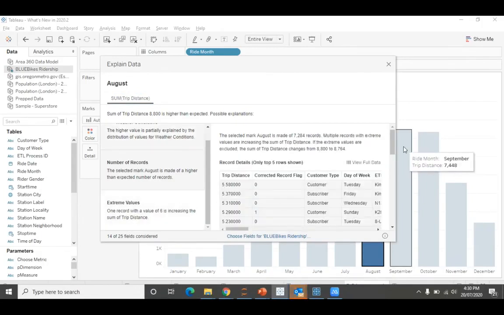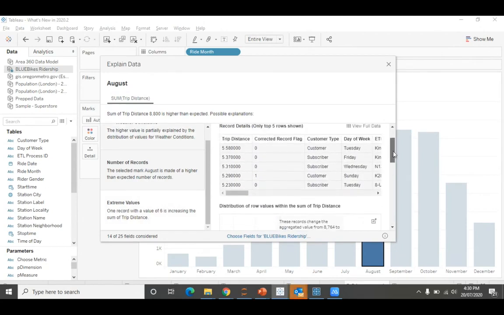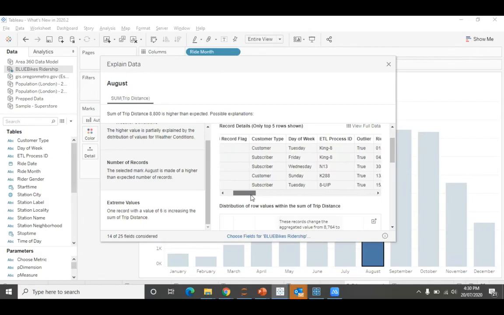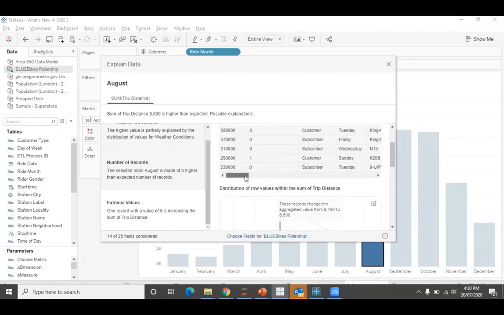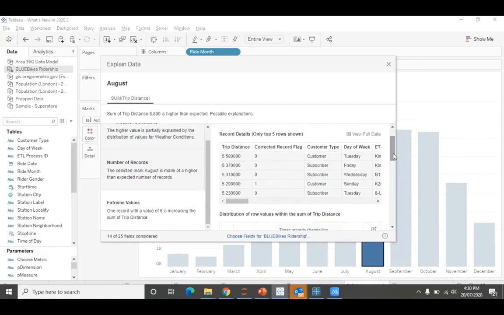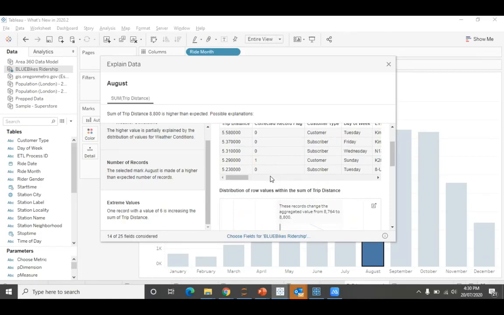gives you extreme values. Now, this is the improvement that we have with this feature, with this release. Now, one thing that we have here is that rather than giving you a single outlier, Tableau is able to give you multiple records, which are really outliers to your observations, right? Now, prior to 2020, you just had one outlier there, which I think wasn't sufficient for any statistician to understand